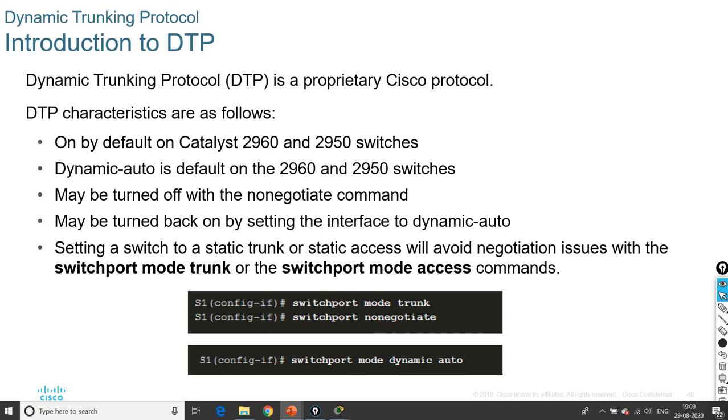By default, on Catalyst 2960 and 2950 switches, dynamic auto is the default. It may be turned off with the nonegotiate command, and setting the switch to static trunk or static access will avoid negotiation issues with the switchport mode trunk and switchport mode access commands here.